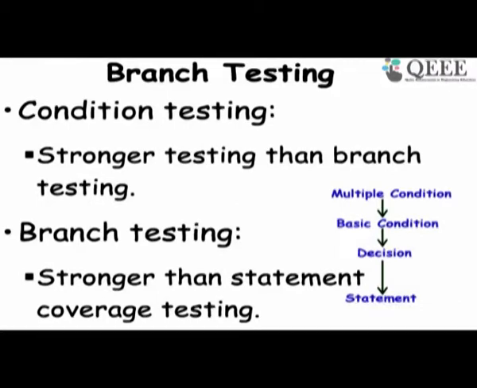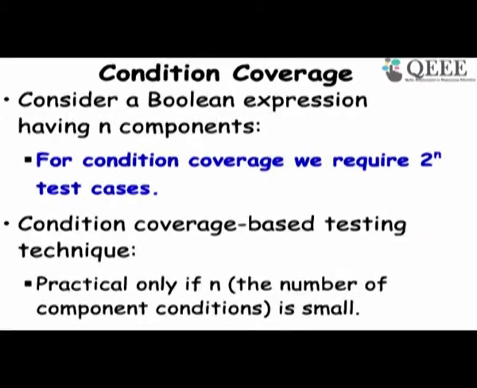And if we keep them in a hierarchy, then statement testing is the weakest testing. Branch testing or decision testing is stronger than statement testing, and basic condition testing is stronger than decision testing. And multiple condition testing, where we consider all possible combinations of component conditions, is the strongest testing. But